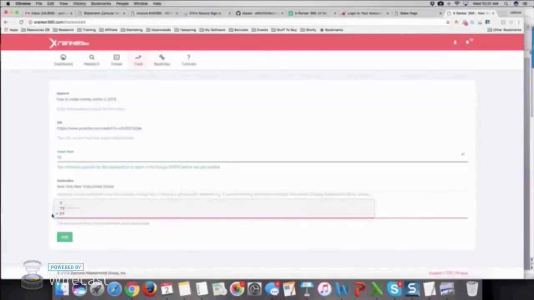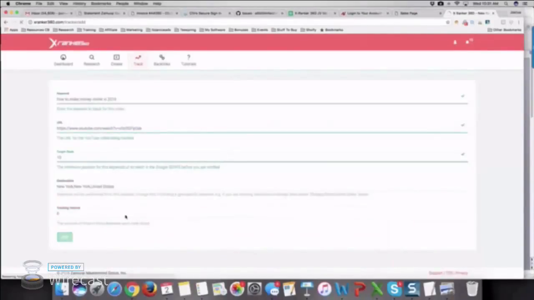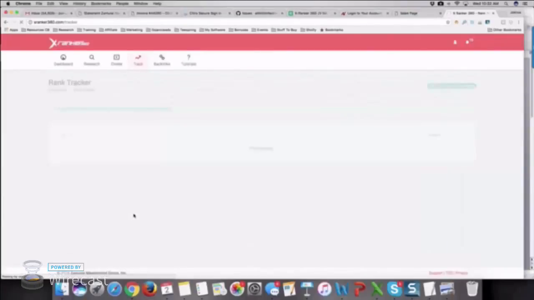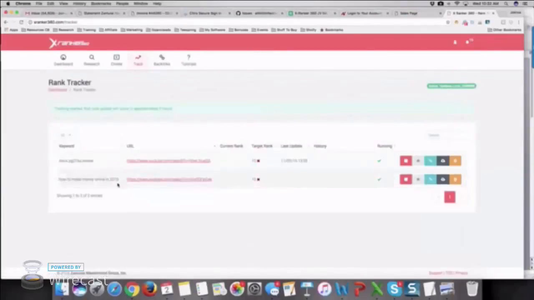And here the tracking interval, this is how often you want XRanker360 to check where this URL is ranking. Depending on which package you purchase, you'll be able to choose between 6, 12, and 24. So if I put 6 here, click add, now XRanker360 is going to automatically start tracking where this video ranks